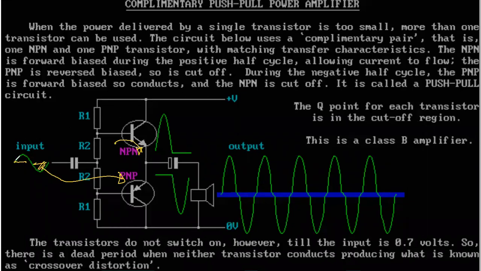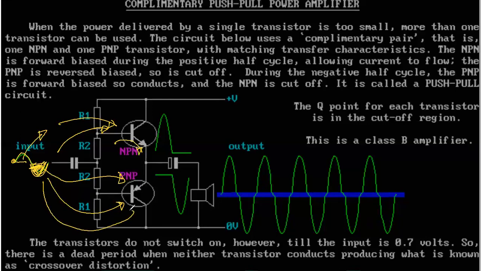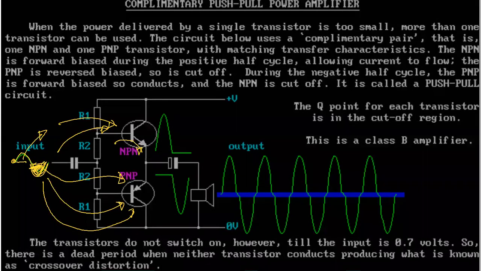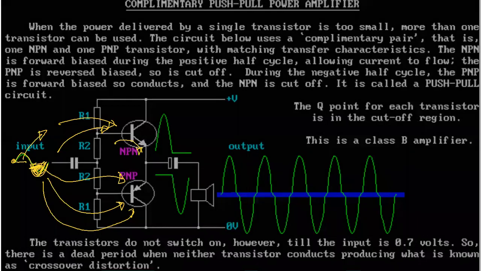Keep in mind that when you feed this type of sinusoidal signal, during the first half cycle the NPN is forward bias and the PNP is reverse bias. During the second half cycle, the NPN transistor becomes reverse bias and the second transistor becomes forward bias. So with this complementary behavior, one half is supported by one transistor, and the other half is fed by the other transistor. That's the idea of how to use these transistors in the class B configuration.